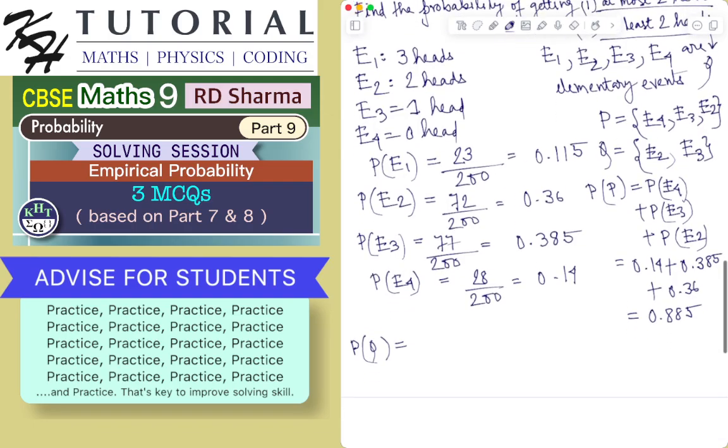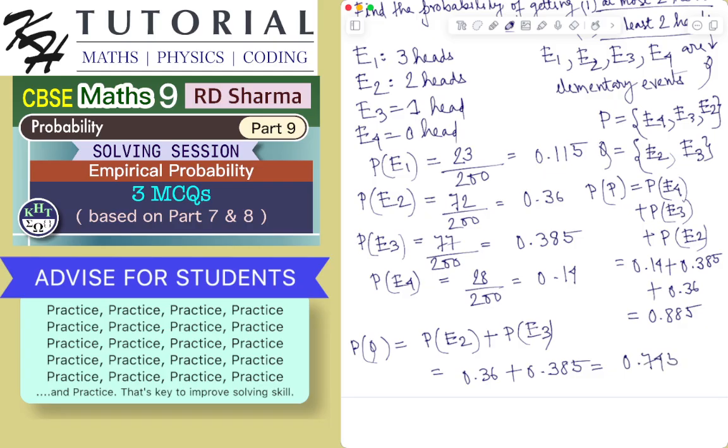Similarly, now the probability of Q, the compound event Q, which is at least two heads, will be the probability of the elementary event E2 plus the probability of the elementary event E3. The probability of E2 is 0.36 and the probability of E3 is 0.385. How much is this? 0.36 plus 0.385 is equal to